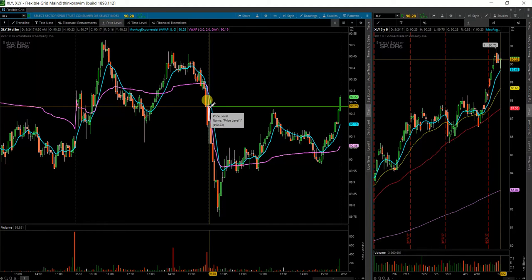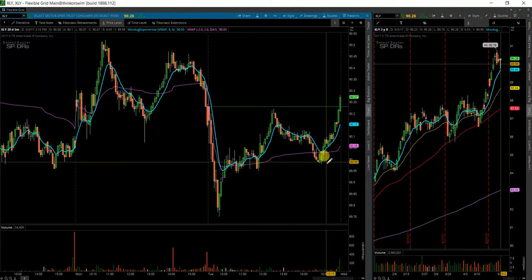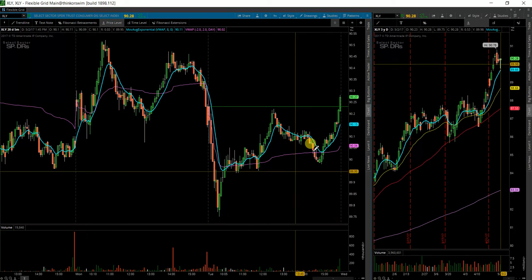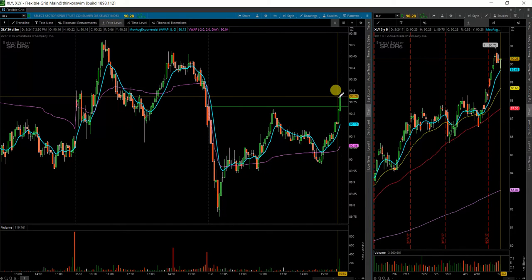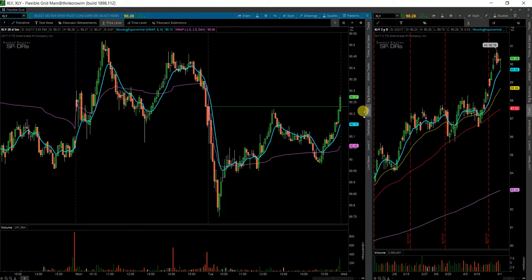which was 90.23, the opening price right there. Came up, resisted it, made a much higher low than previously down here, and now ran right up through it. Now these kind of moves that move straight up through it, they tend more to have a bit of a pullback than the ones that would consolidate and then finally break